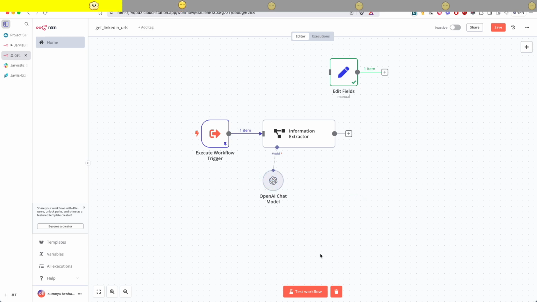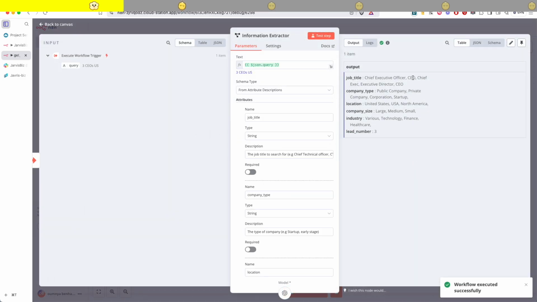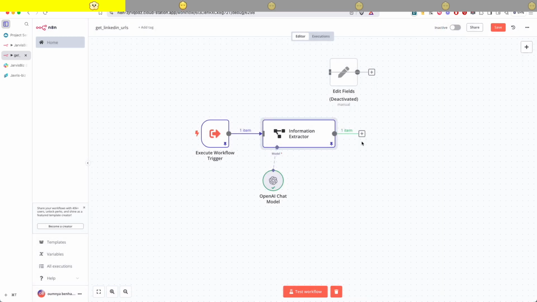All right, let's test it. And we get the job title, and now we have a little bit more data to work with: the company type, location, company size and industry. This is just perfect. We're going to pin it, and